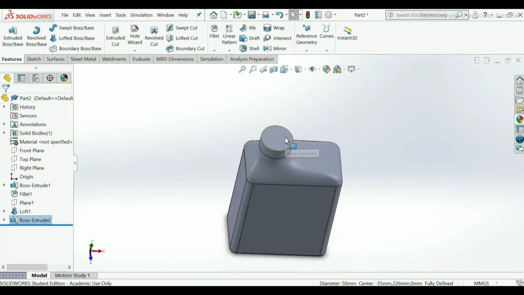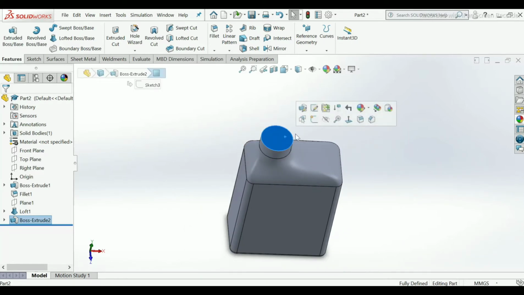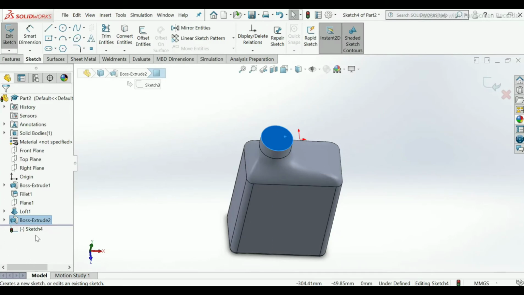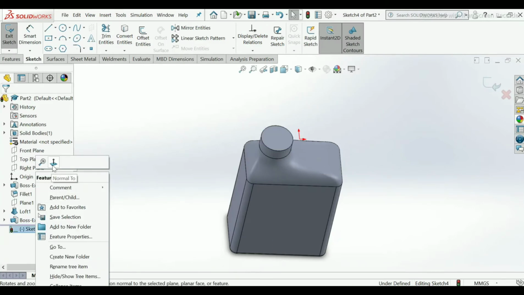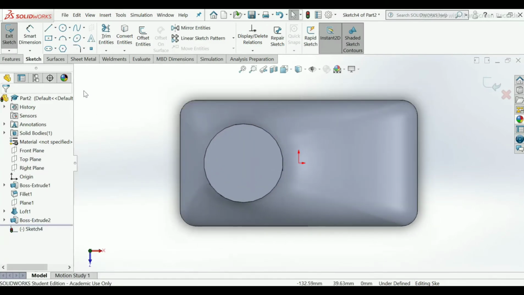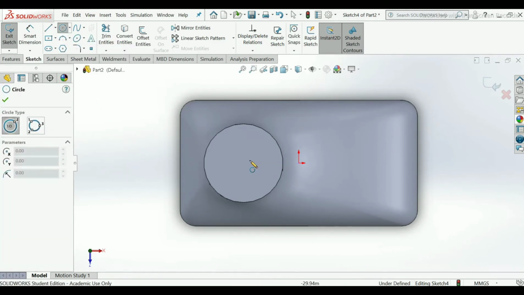Now again choose this face, the top face that we have extruded. Sketch, normal to profile. Take circle from sketch command manager, but here we can see there is no center point.